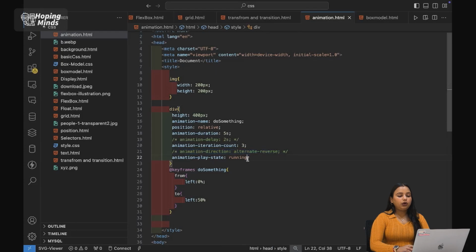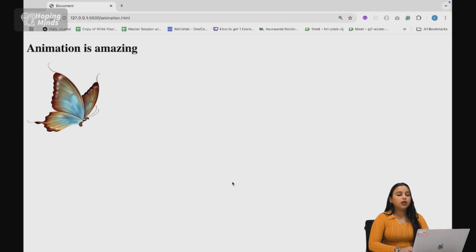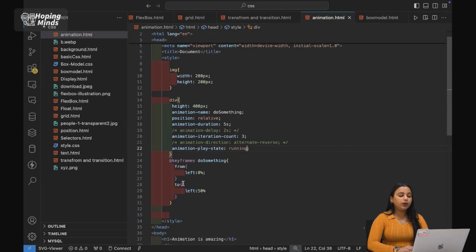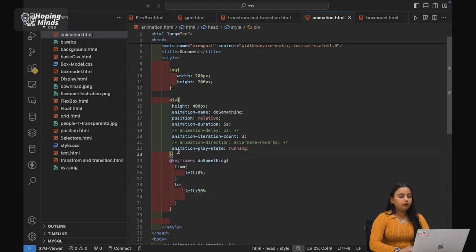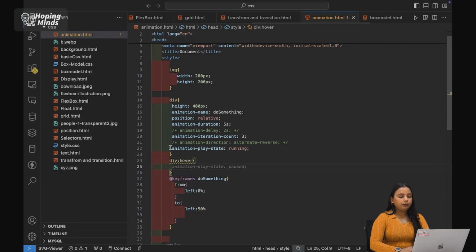Okay, but what if I pause it? See, pause means that my animation will be paused. It will not work. So how can you include pause? Let's suppose that it is in running state initially, but I want to pause my animation at some point. Let's do one thing. I want that when the div is hovered,